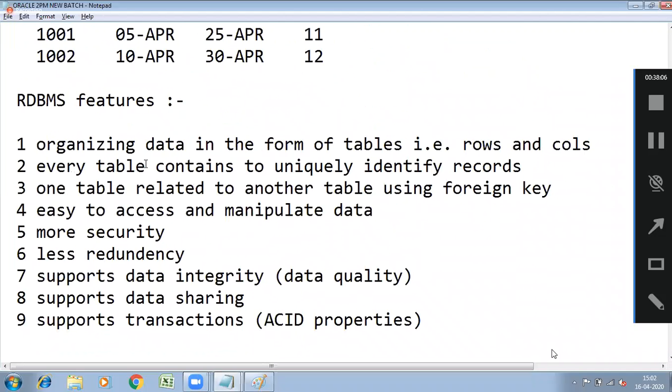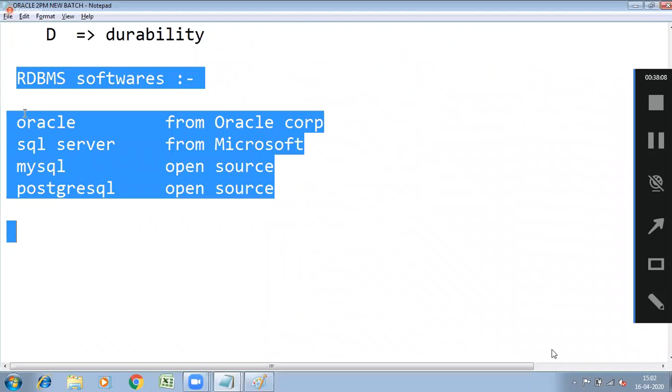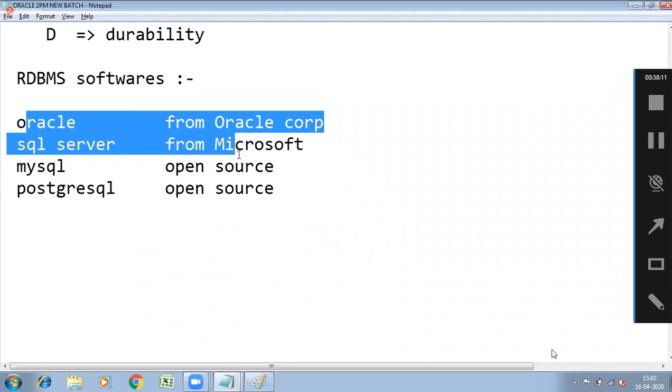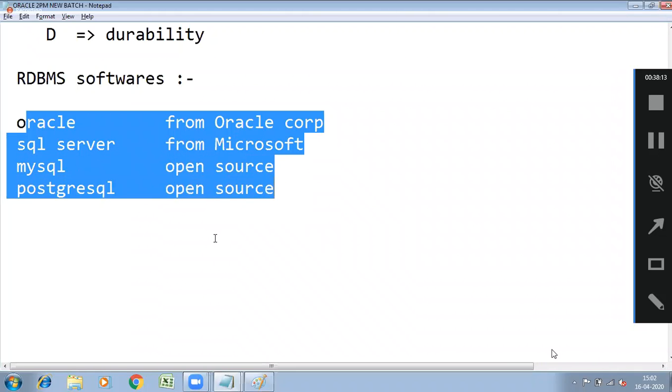You can apply them to Oracle, SQL Server, MySQL, and PostgreSQL. You can apply this to all RDBMS software.